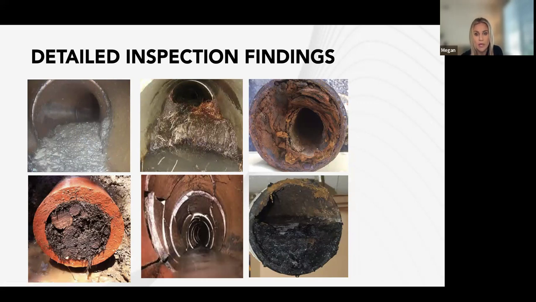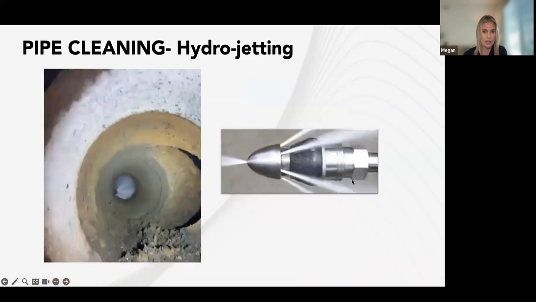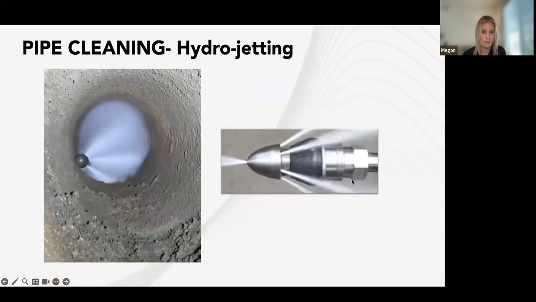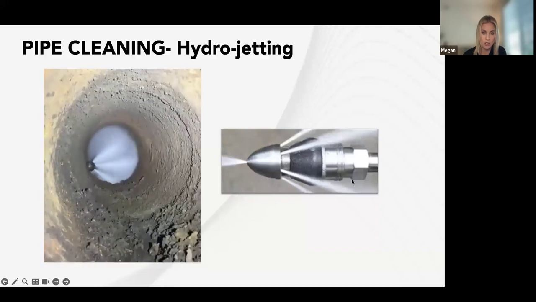And another thing to keep in mind, sometimes we don't want to clean, and I'll talk about this a little bit later when I talk about some of our pipe rehabilitation recommendations, but we don't want to completely remove all of this scale and buildup. We might leave a little bit on there because sometimes it is keeping the pipe intact. So we don't want to completely have that pipe vulnerable until we know we're going to actually line it, and then we will remove all of that scale to 100%. But again, I'll get to that. So hydrojetting, that's high pressure water, underground pipes.